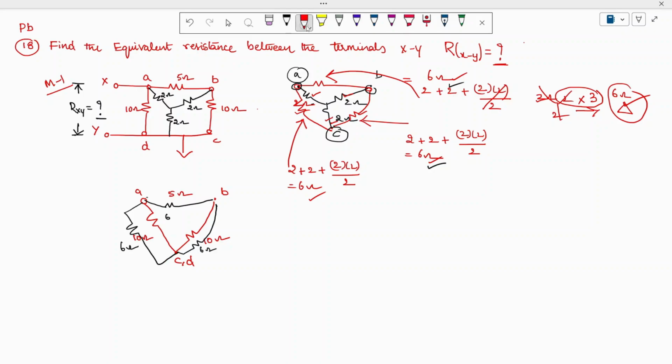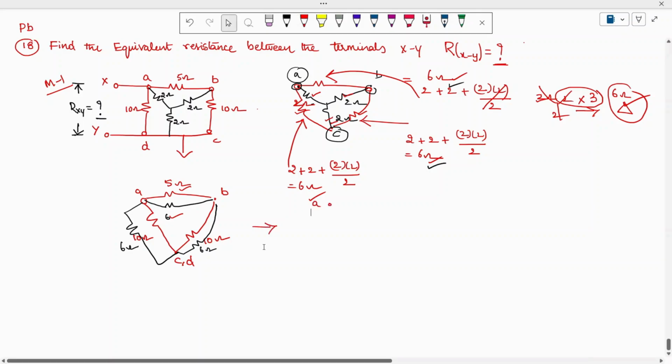So due to some software issues, this has gone. No issue, I'll rewrite it again. Here we are going to have 5 ohm. You can see here these 5 and 6 are connected in parallel. Okay, so now resultantly if you redraw it, here we are going to have